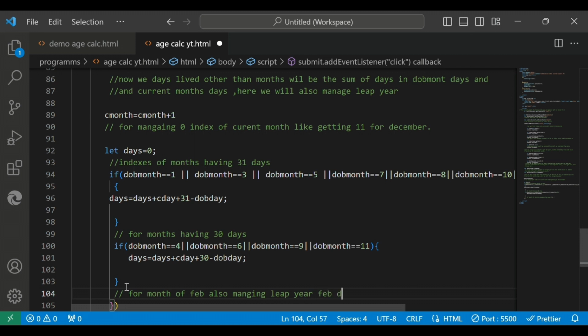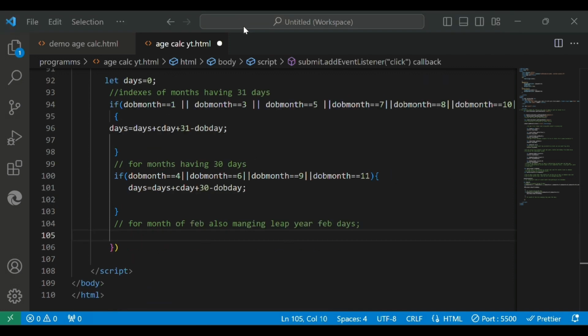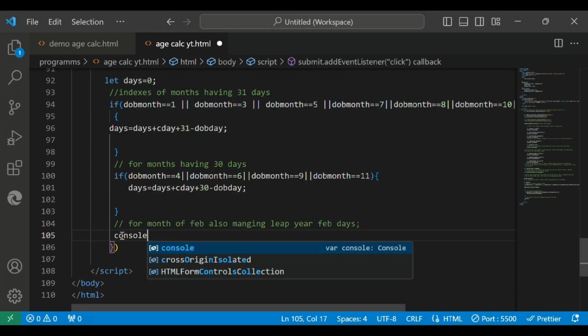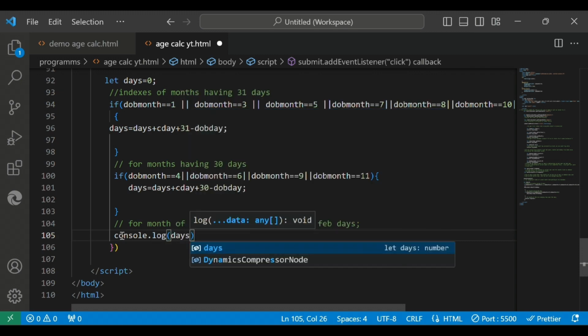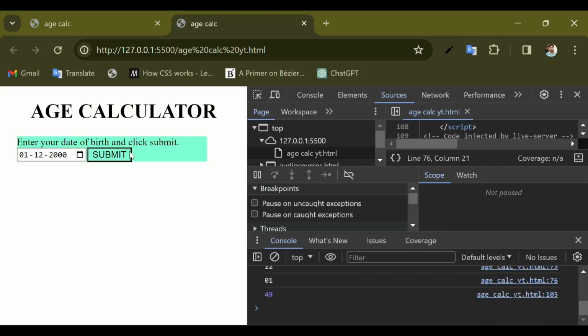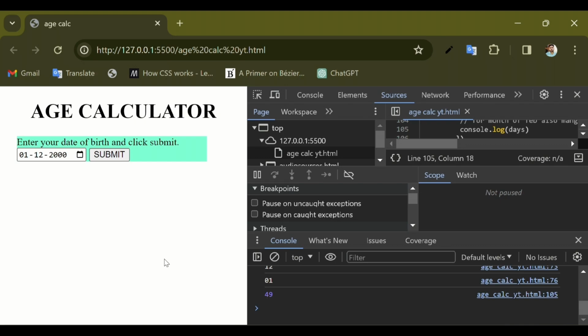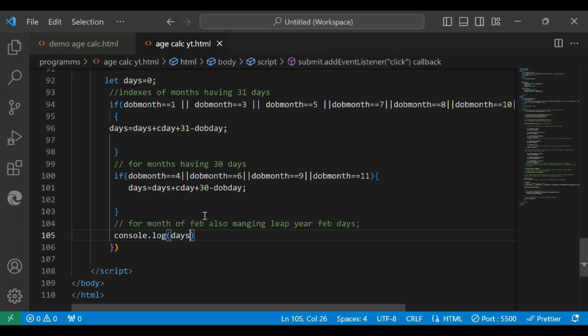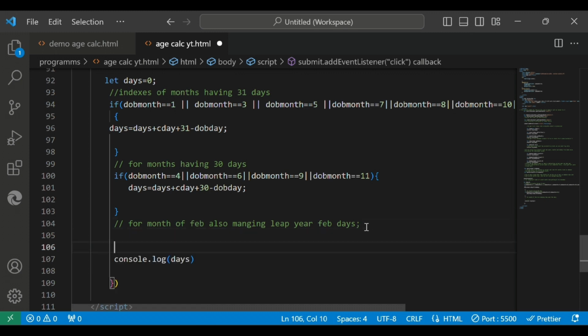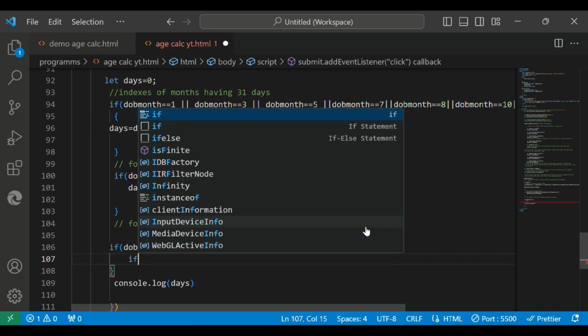So now after that we have to manage the February condition. Here we have to check whether we have February for 28 days or 29 days. So we have to know the condition for when February is 28 days or 29 days. Then we have to manage that. If DOB month equal to 2,